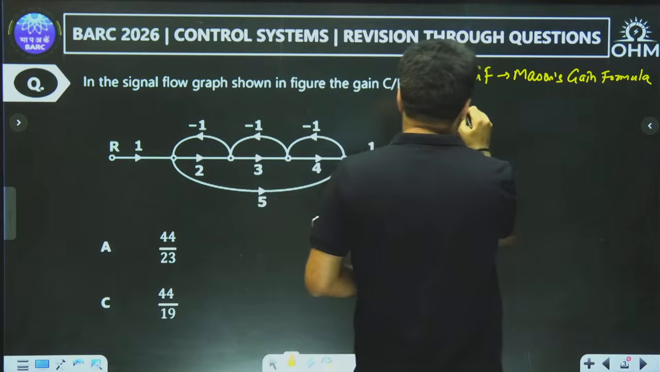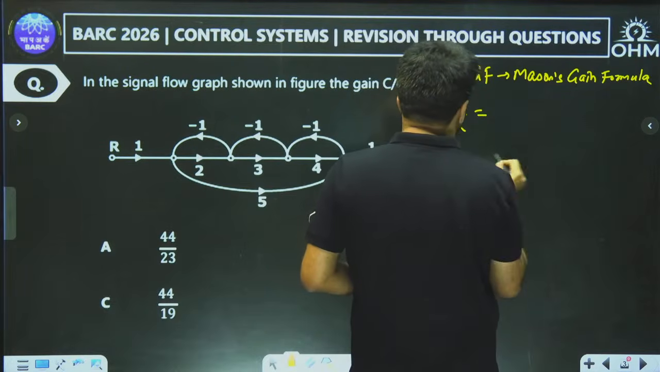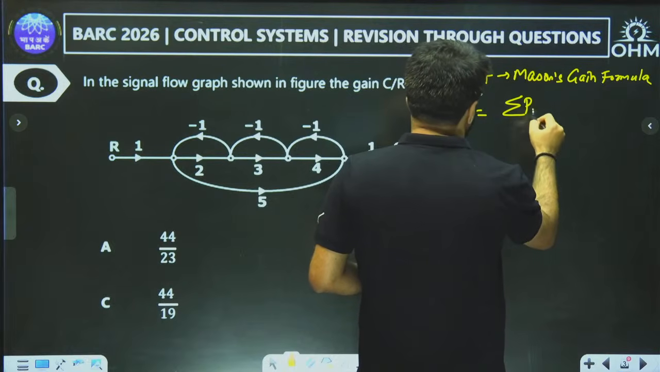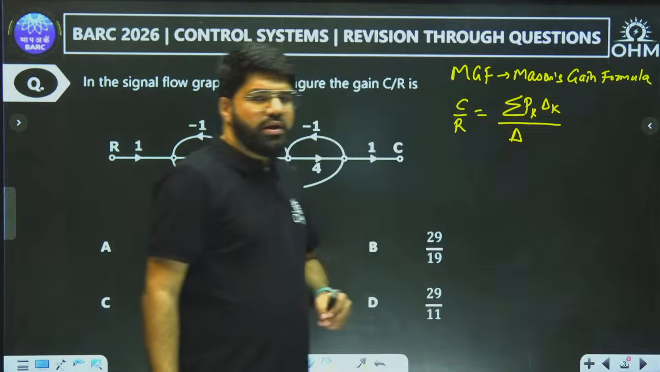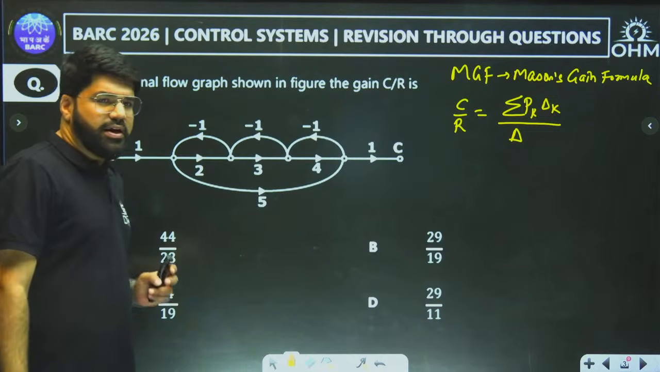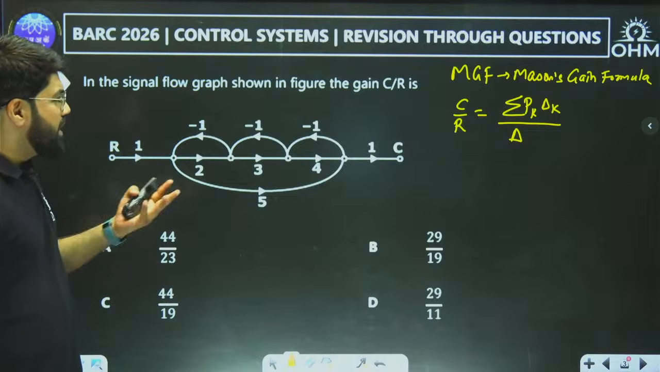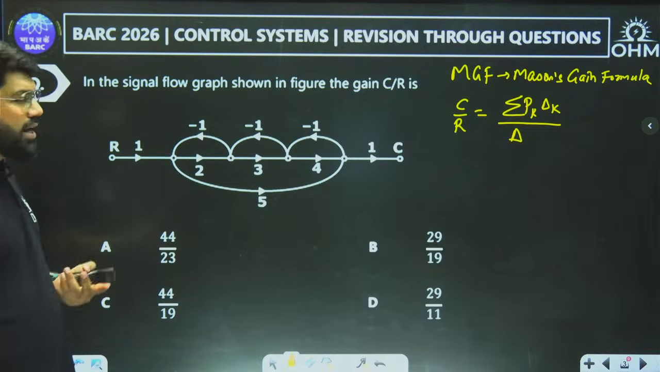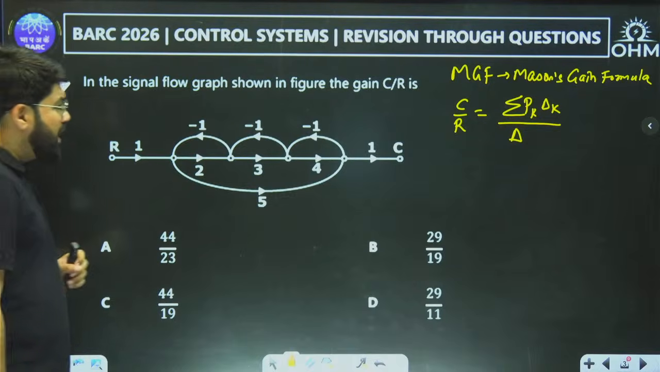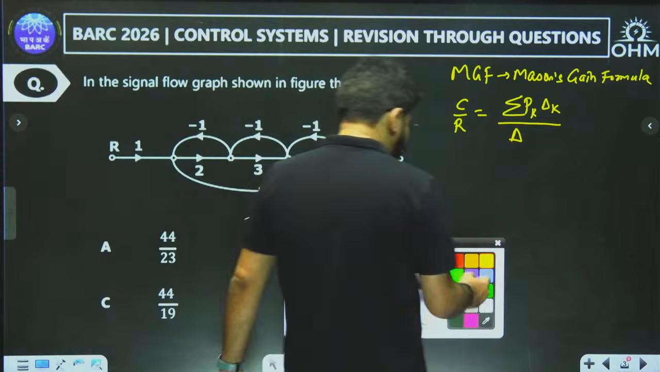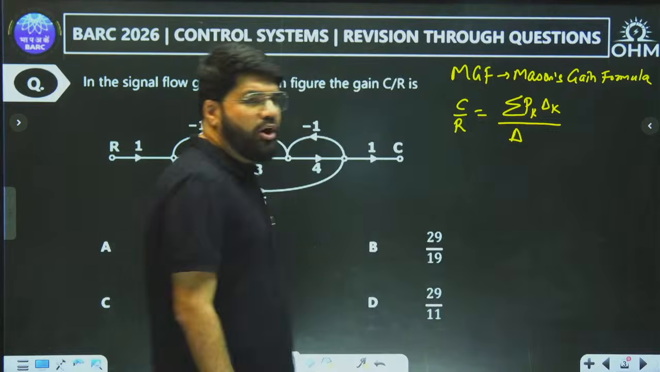To solve the C by R, you will apply here Mason's gain formula, which is given by summation Pk delta K divided by delta, where Pk is the kth forward path, delta K is its respective path factor, and delta is the overall graph determinant. Now if I want to find how many forward paths are here,